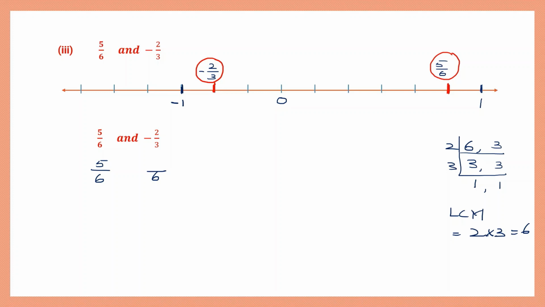That means what is our numerator? So 3 2's are 6. That means we multiply this also by 2. 2 2's are 4 and we have a minus sign. So what do we have now? We have minus 4 by 6. So now we have two rational numbers, 5 by 6 and minus 4 by 6, which we can show on